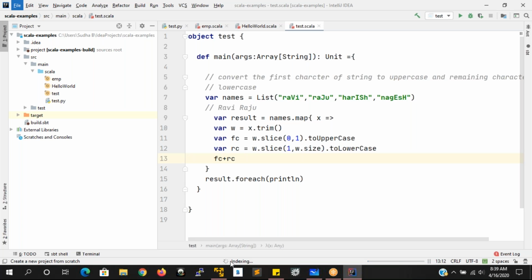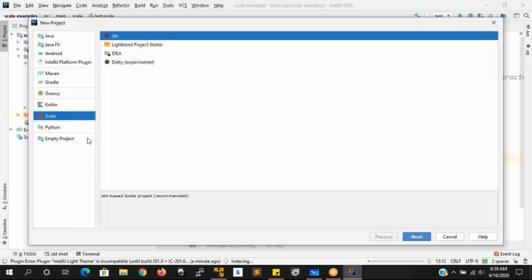See, this takes a good amount of time. Don't worry, it is because of our RAM memory. When you're creating a project here, it will go for Scala and SBT. Okay, we are creating a Scala project with the Scala build tool here. So we'll select SBT and click on Next.